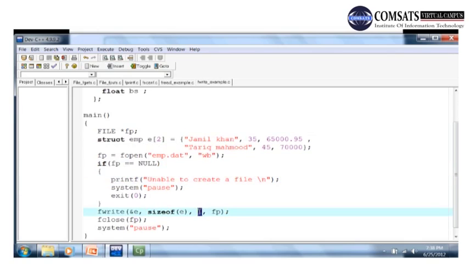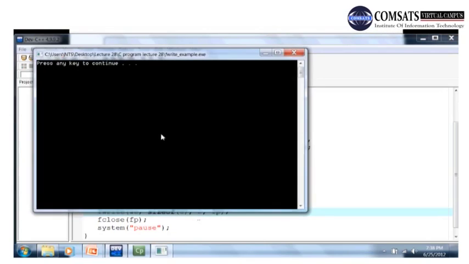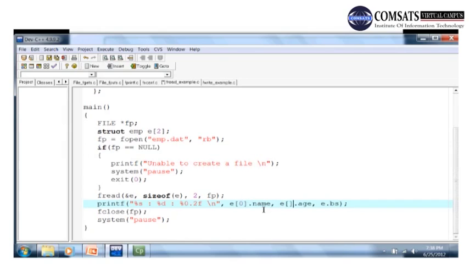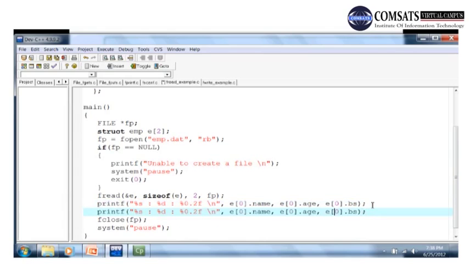Now we are going to write two such blocks of size E, ठीक है, जो E के size है उस तरह के दो blocks आप write करने जा रहे हैं फाइल में. Let's compile and run this file. Now, using the fread function we are reading two such records. So for that, make it two sizes here. This is the 0th index, and then we have again printf to print the second element,